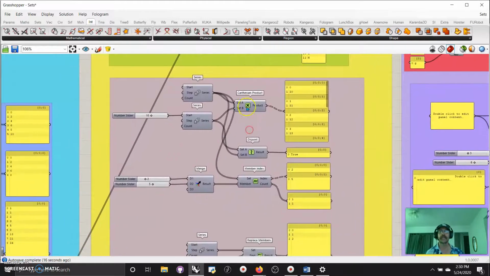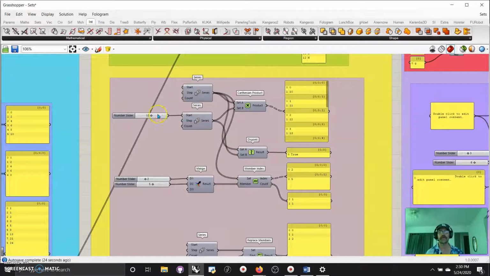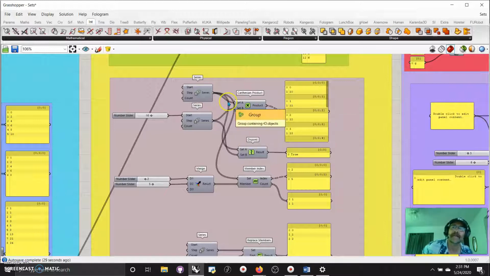All right, into another set, you've got Cartesian product. So you have your set, you're running through the digits. This time I've gone back to a series and out of a character set, and I have a start value that I can grab 2 sets and multiply them both together, and that's exactly what I end up with. Set 1 and set 2, and they come in as a double list. So if I set this one back to